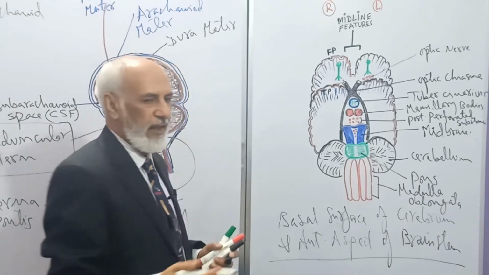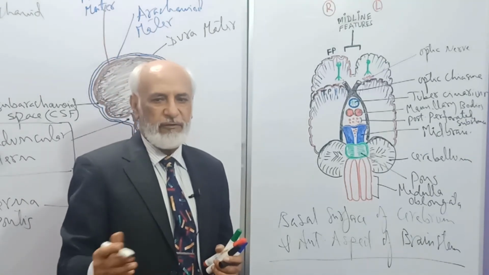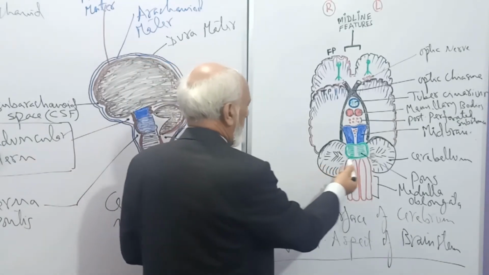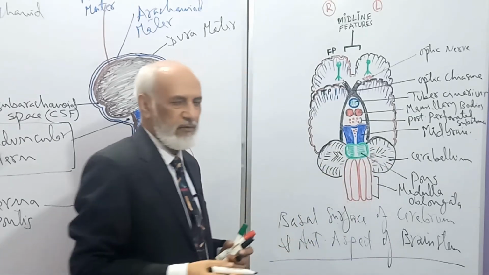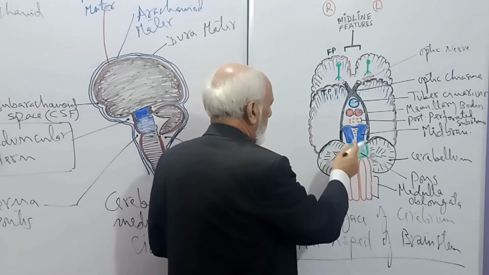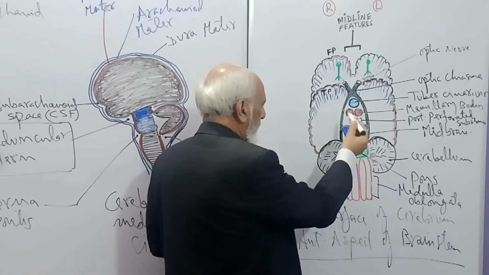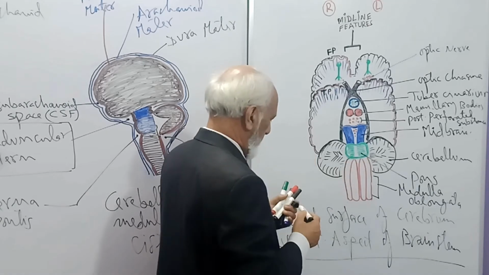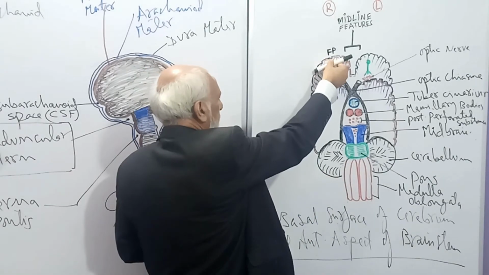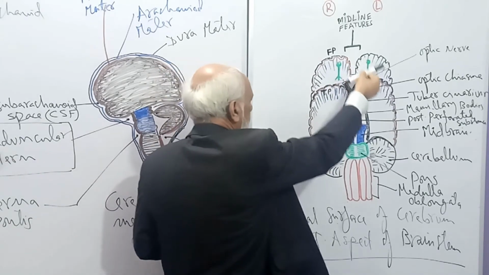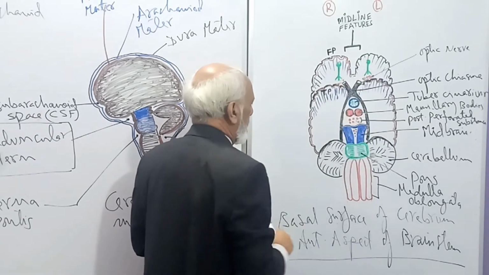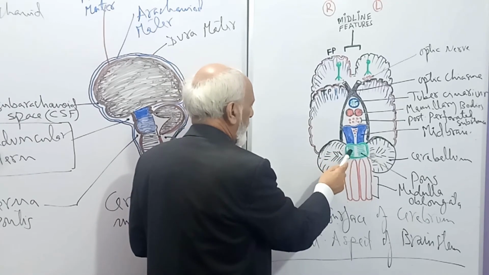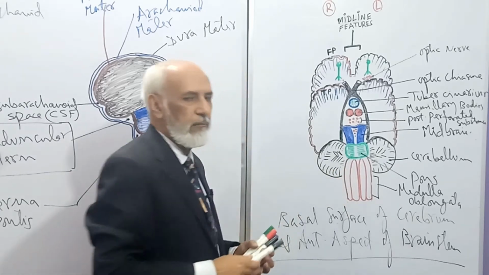Then you know the cerebellum also comprises right and left cerebellar hemispheres. So suppose this is the right cerebellar hemisphere, this is the left cerebellar hemisphere. In the midline, the cerebellum is hidden by the pons and medulla oblongata. In this way, you can see the inferior or basal surface of the cerebrum along with the midline structures, and then the anterior aspect of the midbrain, anterior aspect of the pons, and anterior aspect of the medulla oblongata.